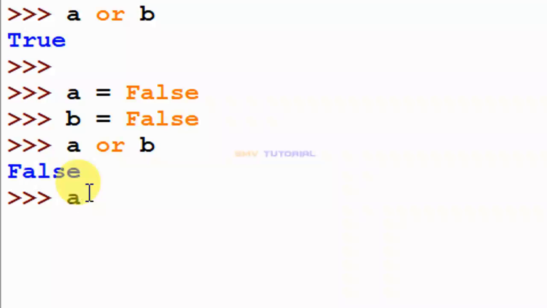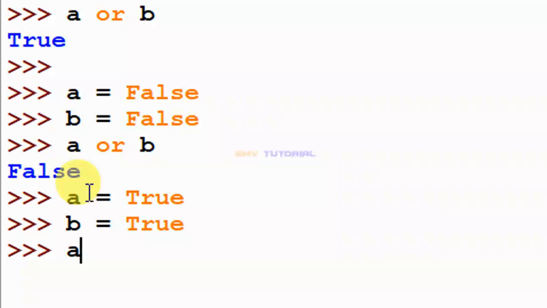A is equal to True and B is equal to True. This condition shows the result True only. This is the OR operator, likewise.